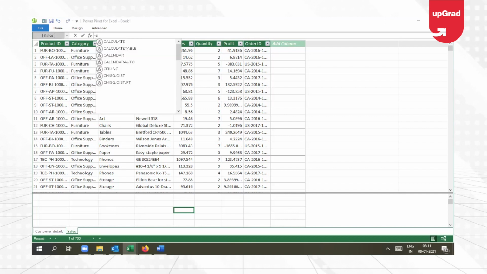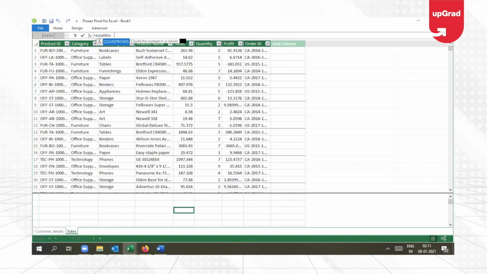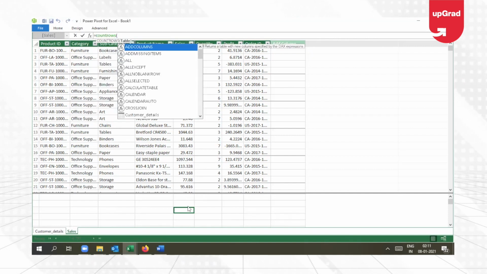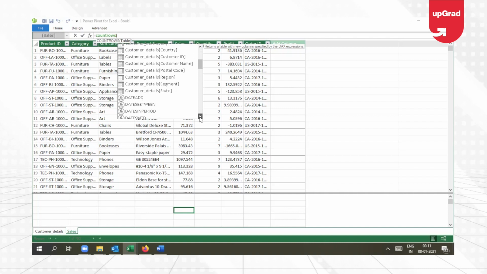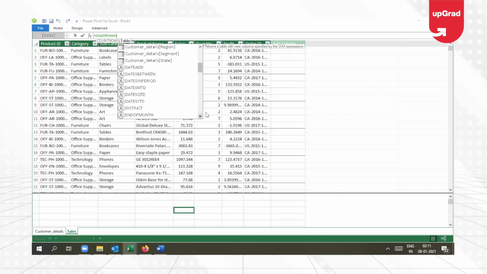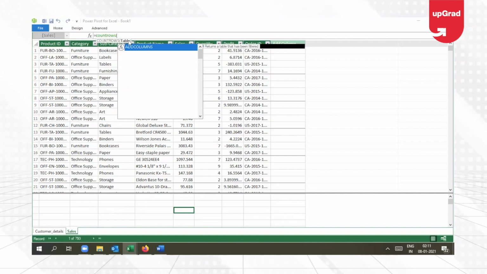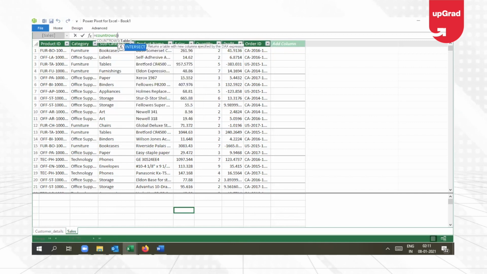Now we know how that is done: by using COUNTROWS. While I can do COUNTROWS, it is very important to understand how I am going to identify which rows to count. If I do a COUNTROWS, I can give a table which needs to be counted, which is fine. But what I'm really looking for is sales more than 500, and COUNTROWS doesn't give me the provision to put that in. So I'm going to use a filter function, which will allow me to give more information as compared to just COUNTROWS.